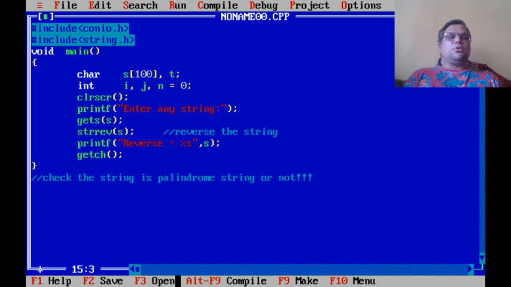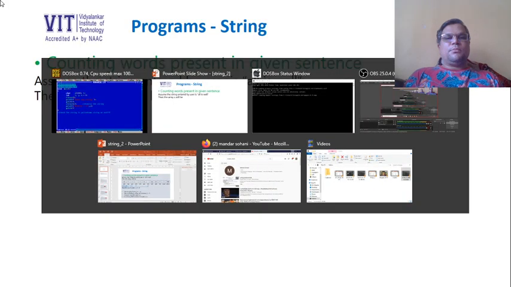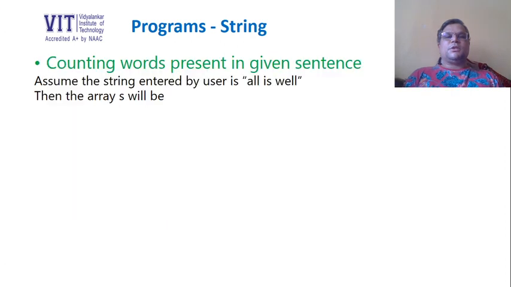Let's move on quickly to our third program, that is counting words present in a given sentence. Let us assume the string entered by the user is "all is well". Then the array S will look something like this.